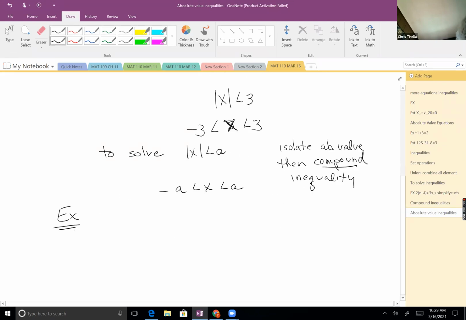And so, for example, if I have the absolute value of (2x plus 6) over 3, all in absolute value bars, plus 1 is less than 3,